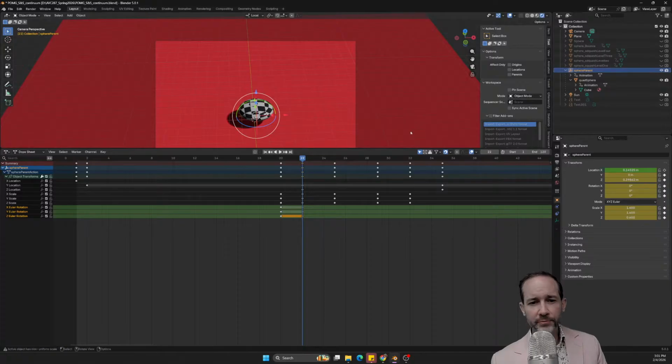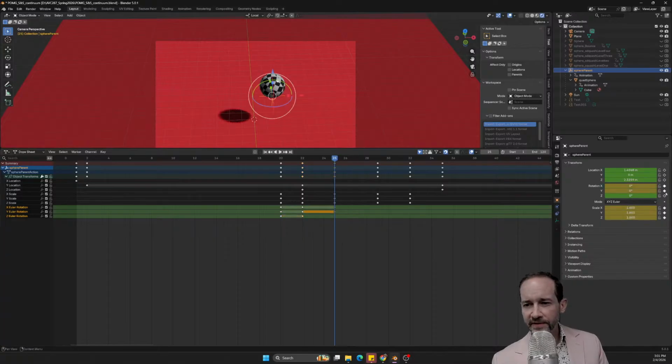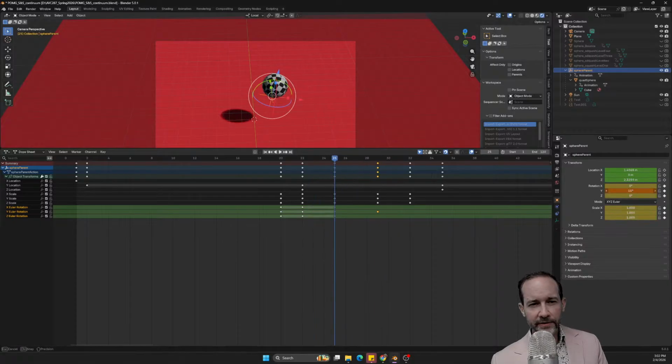Again, I'm on the invisible parent. And then here, when it squashes, that's not too bad. But then by here, I'm probably going to set this. And then here, at maximum stretch, I kind of want to be oriented in that direction. And so I'm going to set that keyframe there so that we are stretching. In fact, here, I might rotate in that direction and set that keyframe.